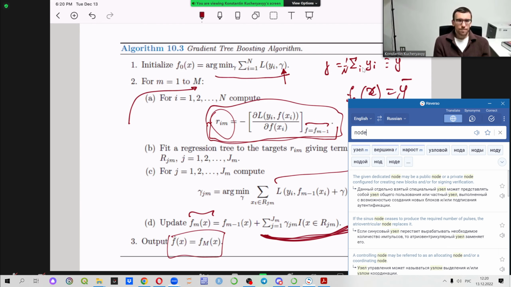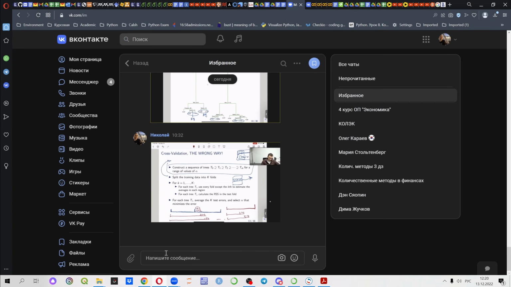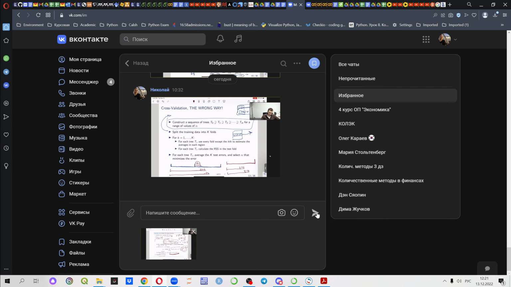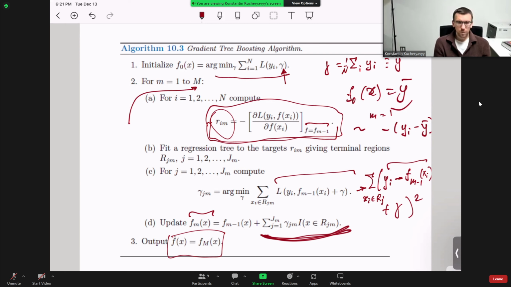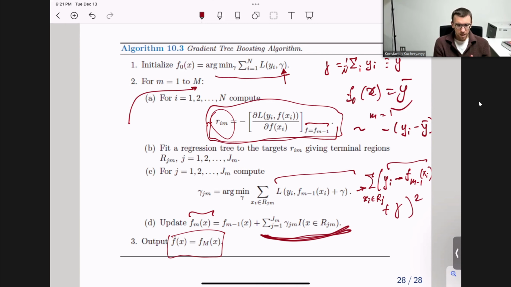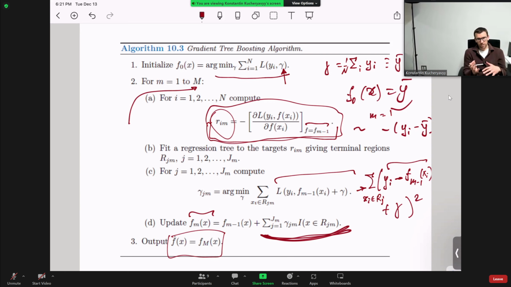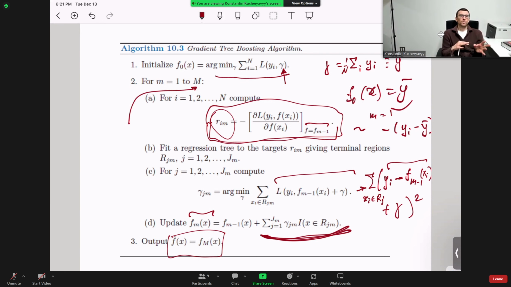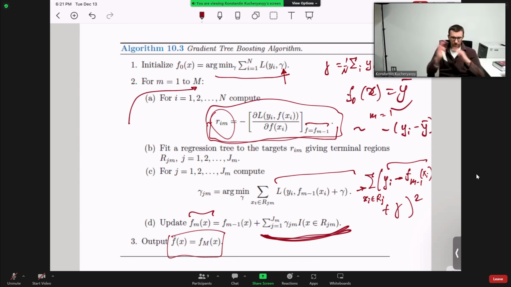Now, let me stop here. I realize that what I have just explained might be very difficult, you might be lost, you don't understand what is going on, and it takes some time to absorb. And I should say that how I explained it, this connection with basis functions, AdaBoost, connection to stage-wise modeling, then different loss functions,